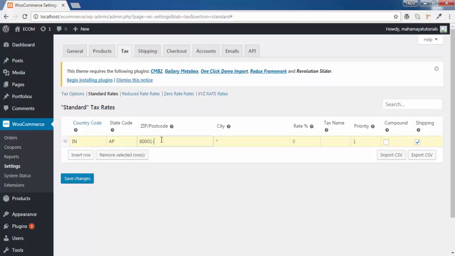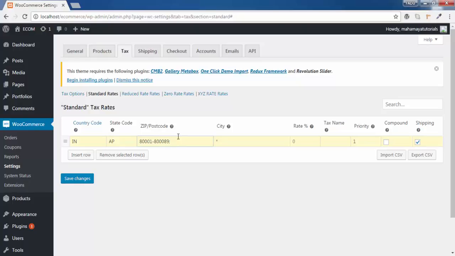One, two, 89. From this pin code till this pin code, WooCommerce will apply this standard rate.